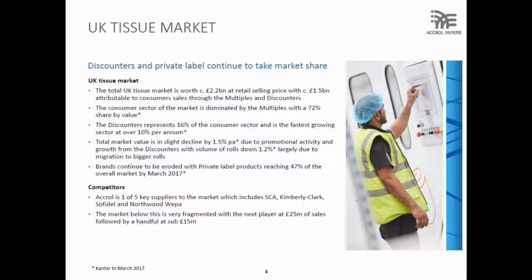Substantial size at 2.2 billion at RSP, 1.5 billion of which is retail sale. The consumer sector is dominated by the major multiples, as you would expect, at 72% of the marketplace. The discounters, our heartland, is 16% of the consumer sector, but is the fastest growing. The total market is in slight decline, but that's really down to promotional activity and the growth of the discounters